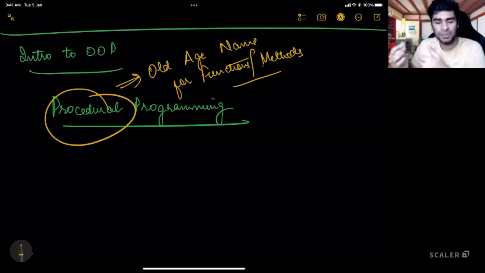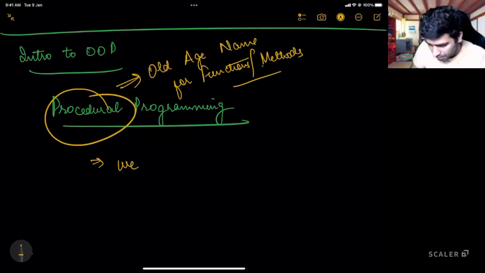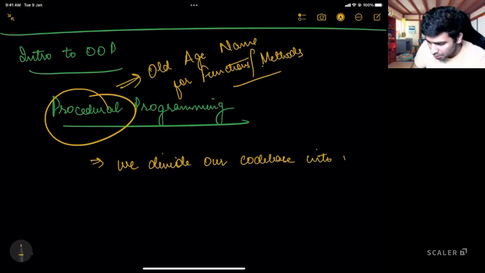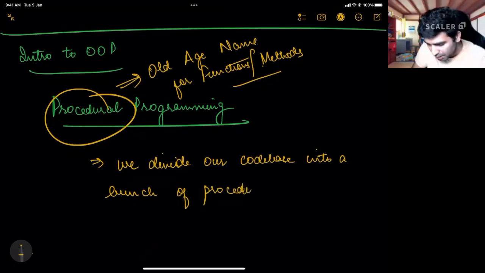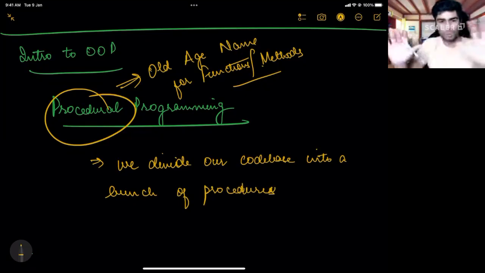So what is procedural programming? In procedural programming, we divide our code base into a bunch of procedures. So my code base is nothing but a bunch of procedures. There are multiple procedures here and there in my code base.